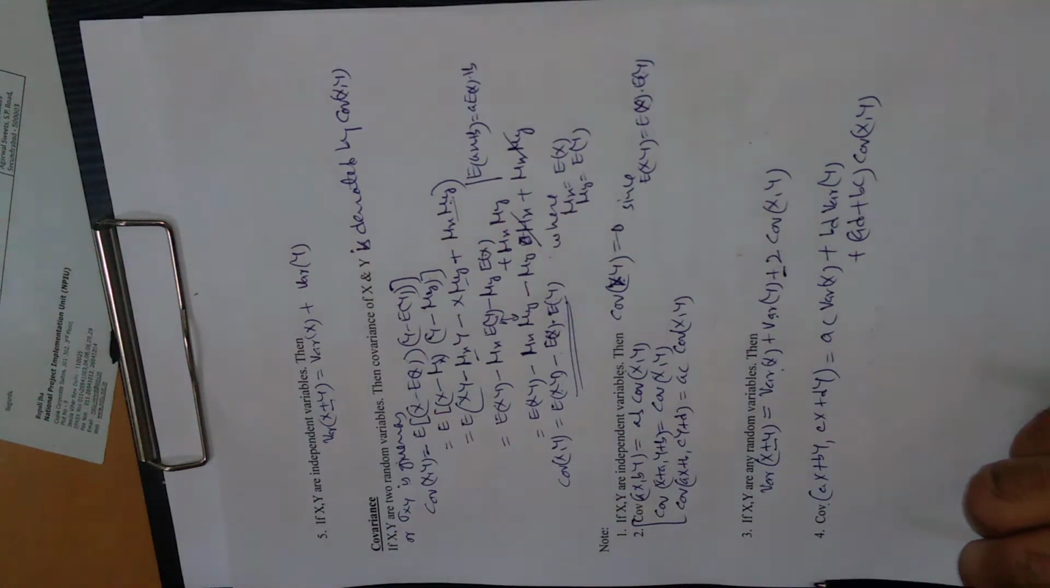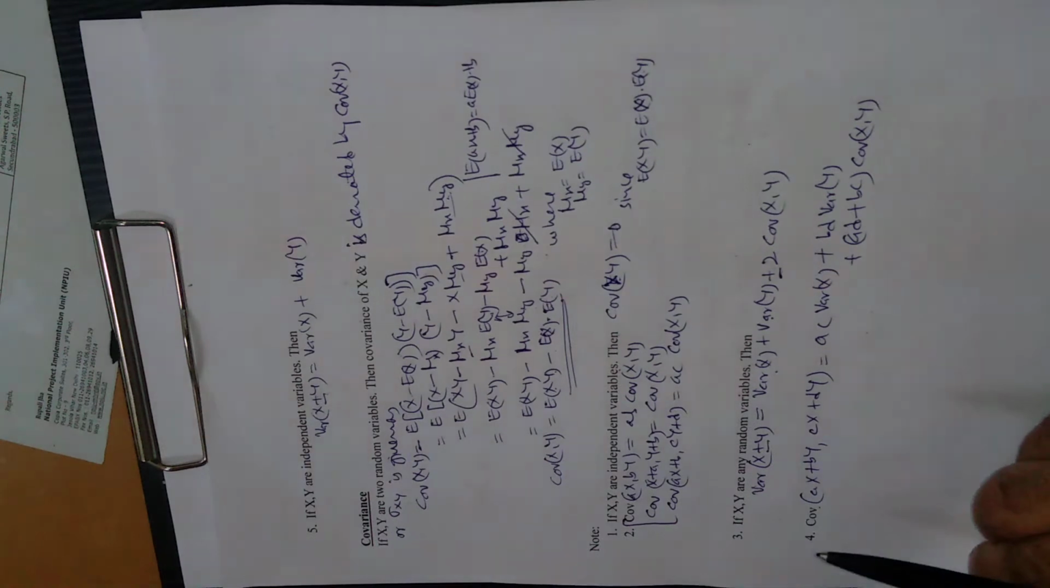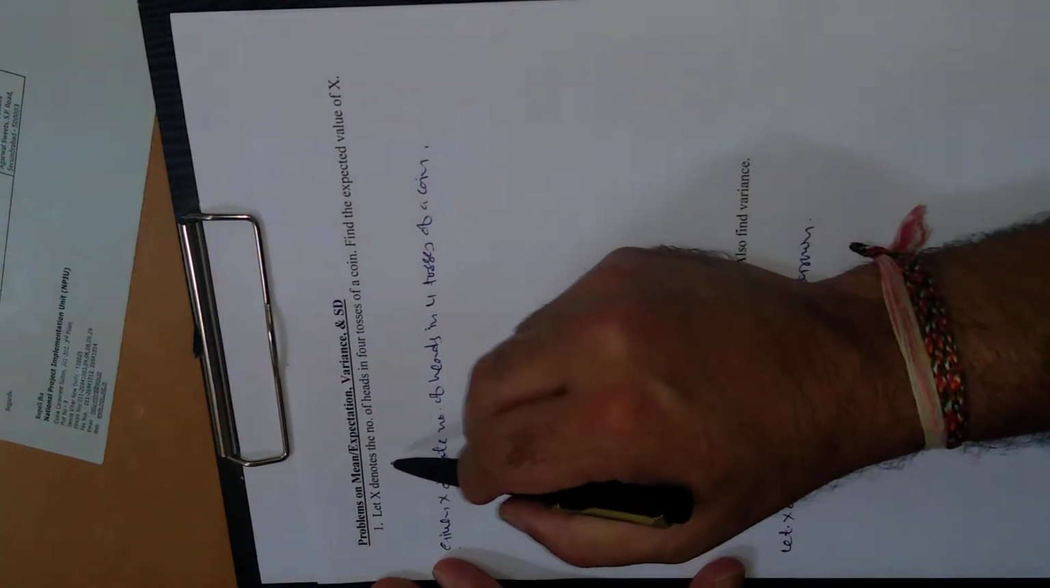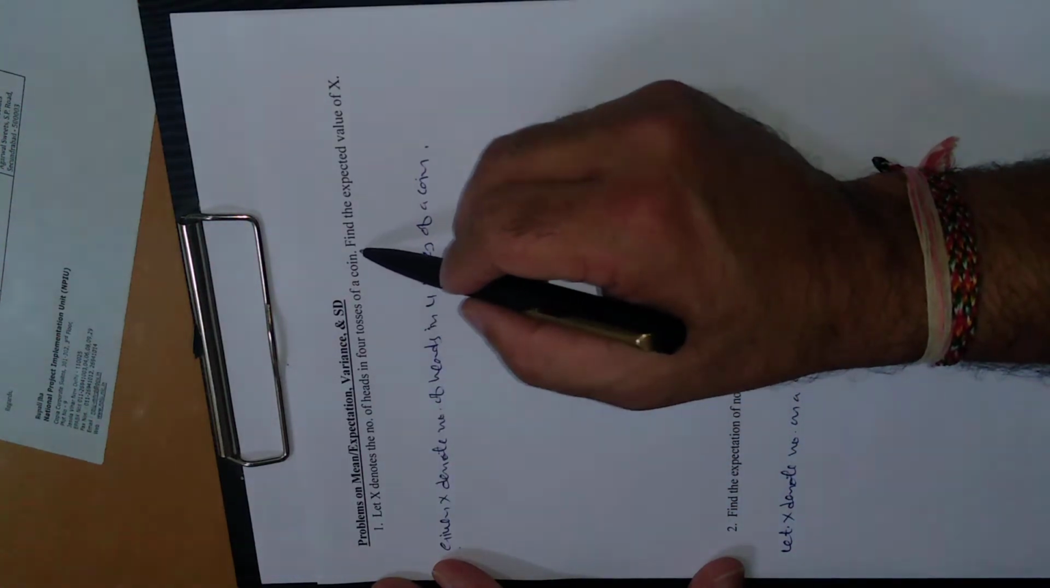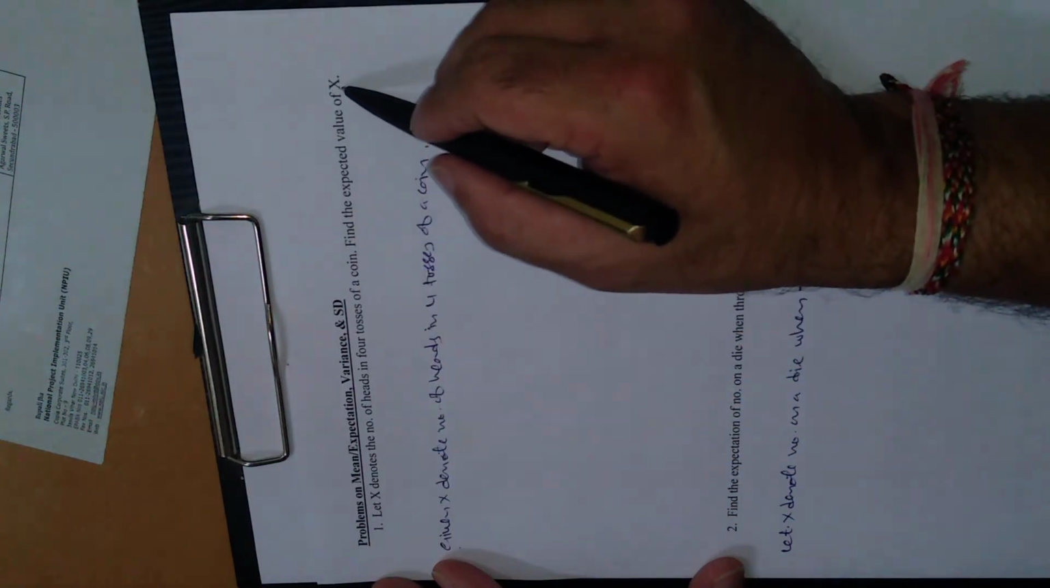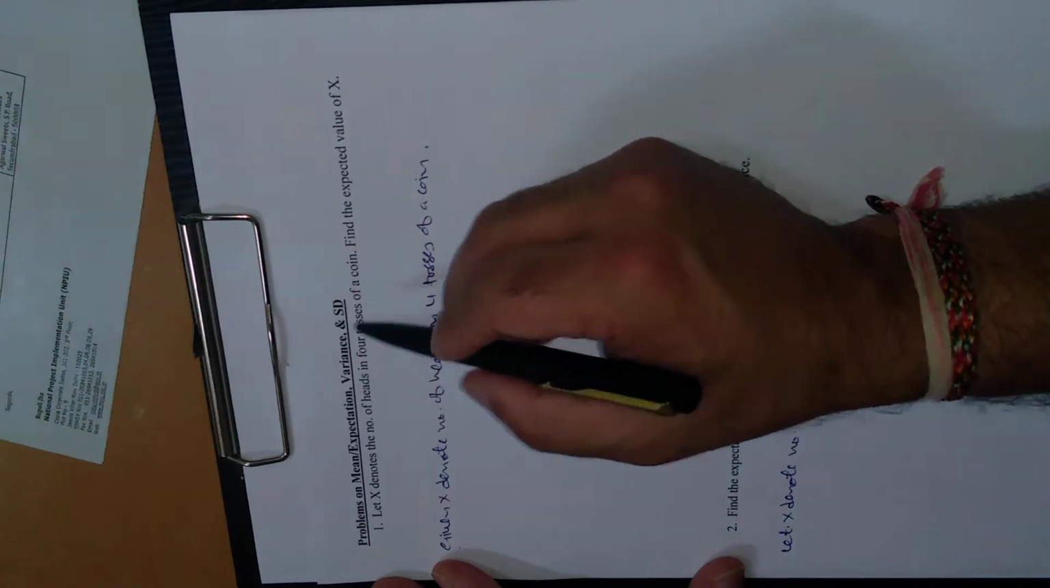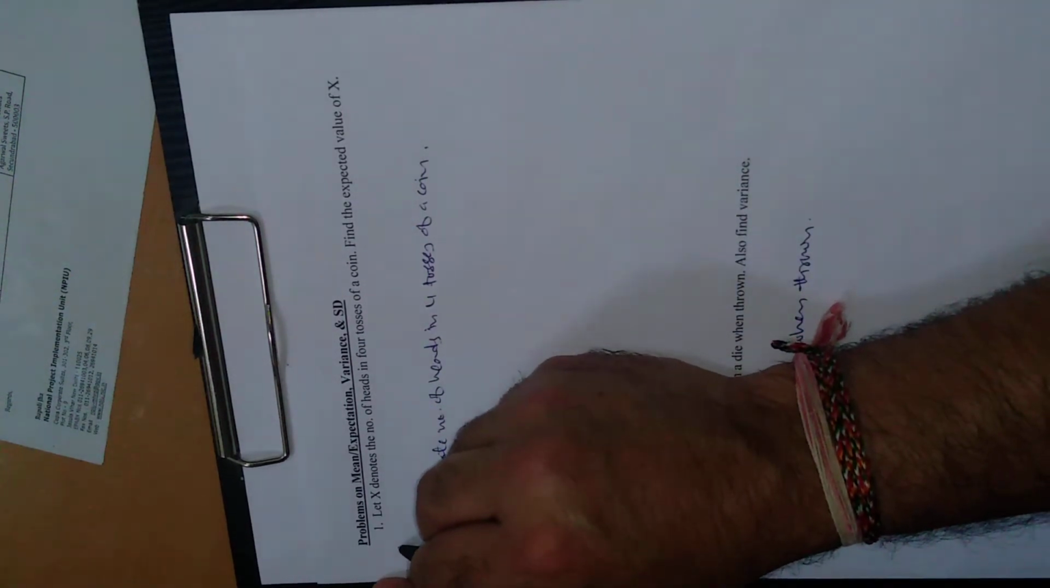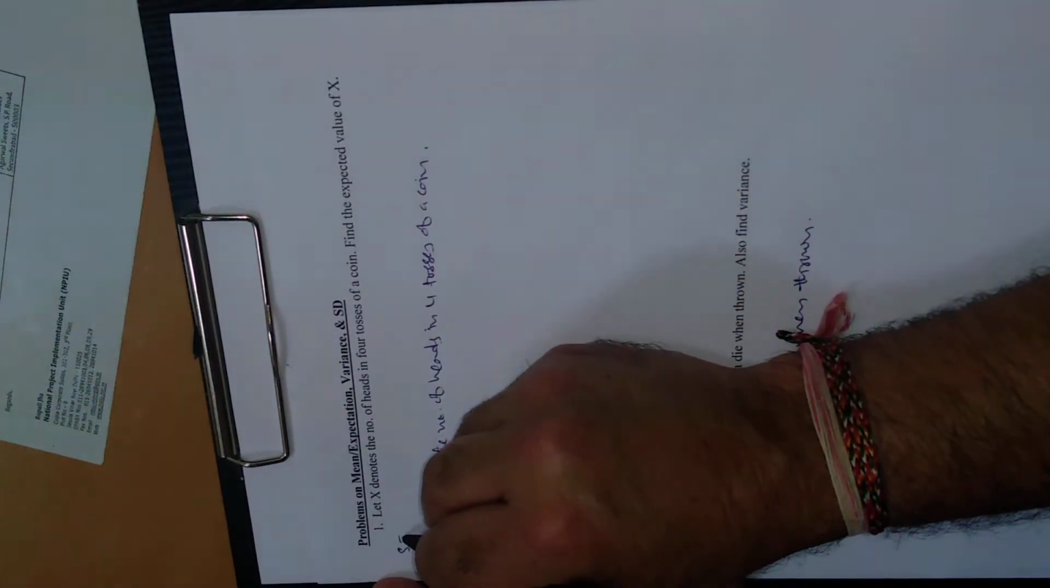Now I am going to solve some problems related to mean, variance and standard deviation. So let's see. Let x denote the number of heads in 4 tosses of a coin. Find the expected value of x. First of all, the sample space for tossing a coin 4 times is